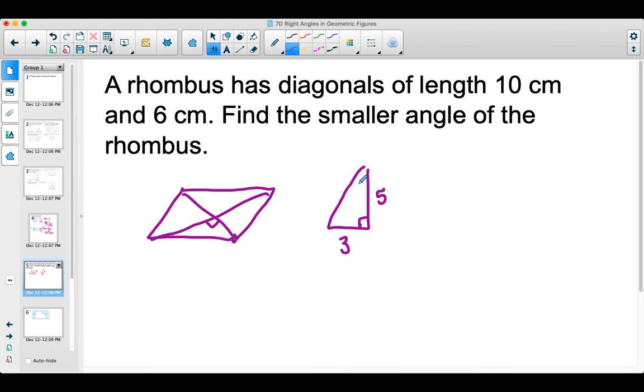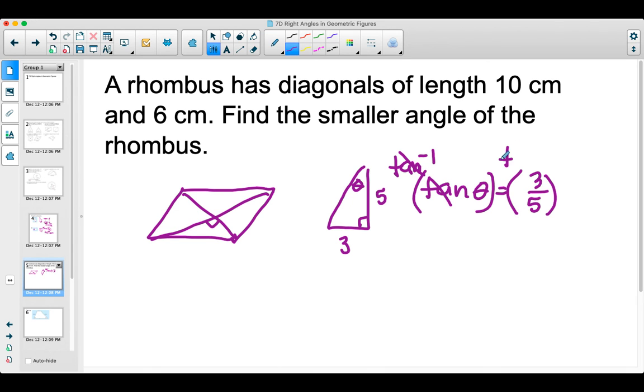Well, the smaller angle is going to be opposite of the smaller side, so that's the angle I'm looking for. And so that's going to be tangent since I have opposite and adjacent. So I'm going to have the tangent of theta is equal to 3 over 5. And then we have to do the inverse tangent to get rid of tangent. And so when I do that, I